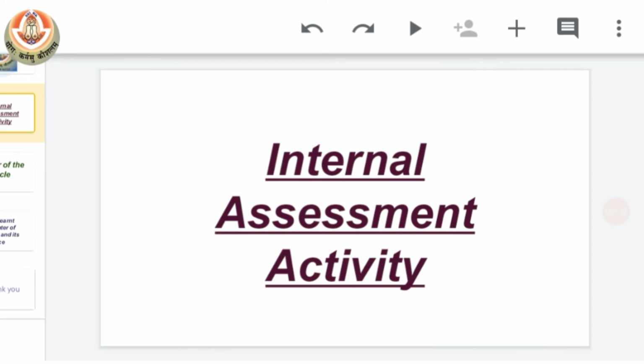In the same video you can merge the video in which you have to speak or tell the table given to you for your internal assessment. Okay class, that means you have to make a video doing this activity and also for the table. And in that video you have to first give your introduction. Okay, thank you class.